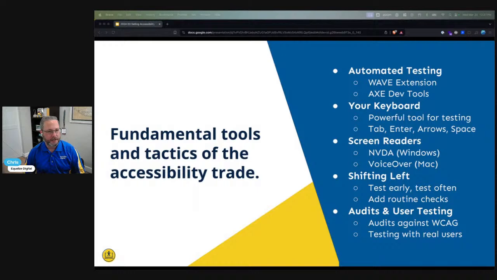The next thing I want to talk about, and this is more of a tactic than an actual tool, although the tactic itself involves tools, if that makes sense, is the idea of shifting left with accessibility. So if you think about, say, you're a website developer or website design agency working in WordPress, and you are using any sort of project model, whether it's Agile or Waterfall, you're moving through a typical set of steps or phases: discovery, content, design, development, testing, etc.